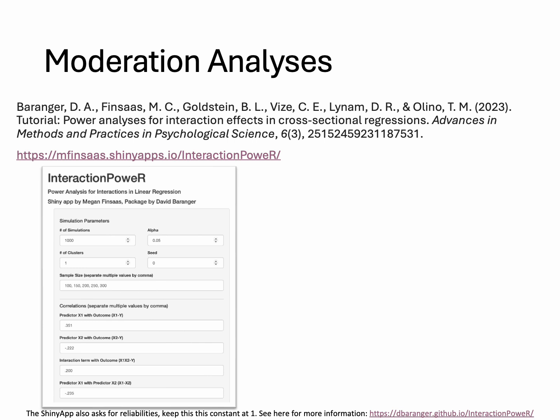We can again keep everything as it is in the first 4 boxes. In the sample size box, this here, we can include multiple values for which we want to estimate power. I used, in this first step, 100, 150, 200, 250, and 300. To conduct this power analysis, we then need to estimate 4 effect sizes. First, we need a correlation between the independent variable and the dependent variable, so IV and DV, which can usually